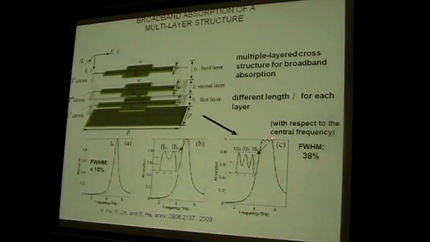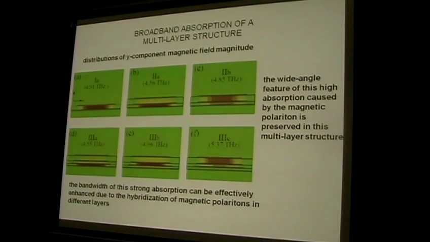In this larger range, absorption is nearly 100%. If you look at the details, there are 3 peaks on the top, but they are all above 95% or 98%. Now, if we look at the current distribution for the first layer, you see the field